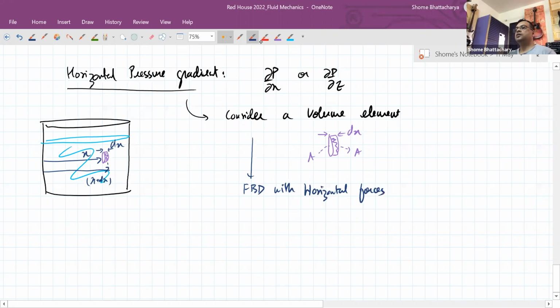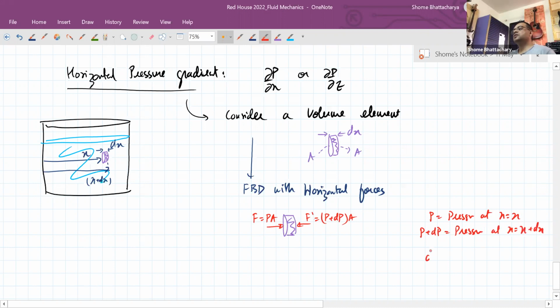Because we've already understood how the vertical forces are balanced for volume elements in a fluid. So when we consider the horizontal forces, it's very easy to understand here that pressure from both sides has to be equal. Because now the difference in this force, if at all any, should be because of difference in pressure from horizontal gradient. Okay. So here P is equal to pressure at x equal to x. So P plus dP is equal to pressure at x plus dx. So this change in pressure dP is because of a horizontal displacement of dx. So it should be this. Now this is in equilibrium.